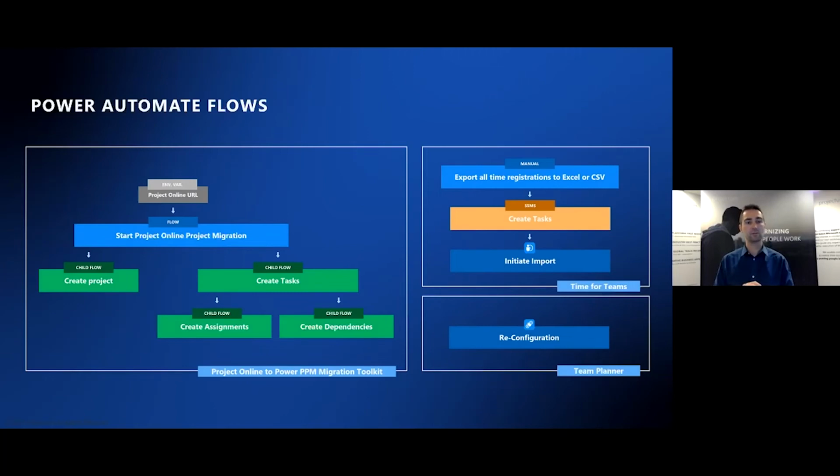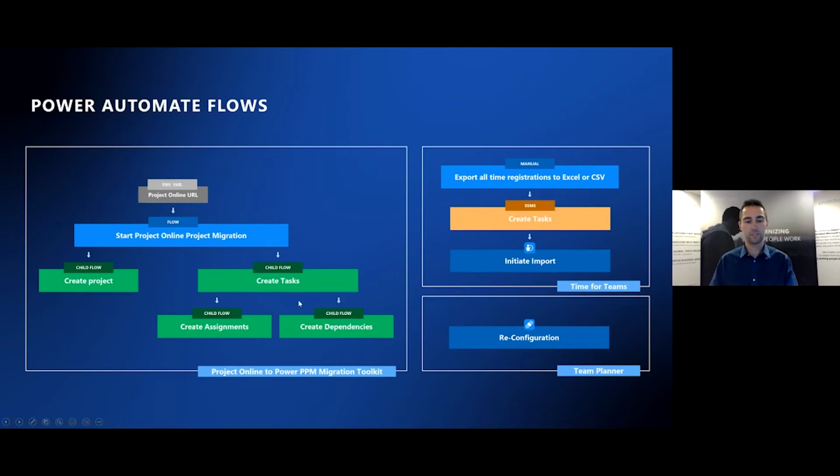Now, in terms of how the tool is actually put together, it consists of three parts: one for Project Online, one for Teams to map out time registrations, and one for Team Planner to map out resource data. Now, the Project Online to Power PPM Toolkit is the biggest part of this. And what to notice here is, of course, you get a package with a lot of Power Automate flows in here. And all you have to do is set the Project Online URL, which will basically kick